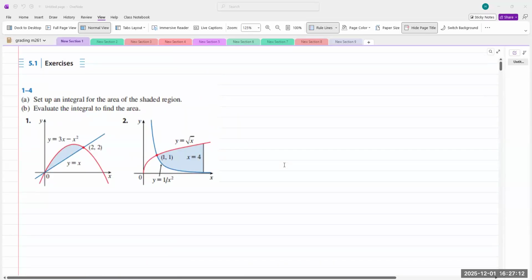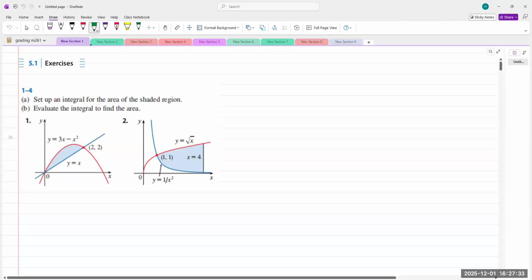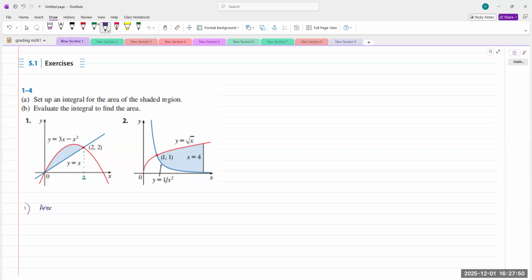Number one, set up an integral for the area of the shaded region. We have the upper bound here is the red curve, and the lower one, the one below, is the blue one. We are given the names of the functions, and we will find the domain of integration first. So x will be from x equals 0 to x equals 2, right? This is x equals 2 here. Okay, so then for number one, the area is equal to the integral from 0 to 2,